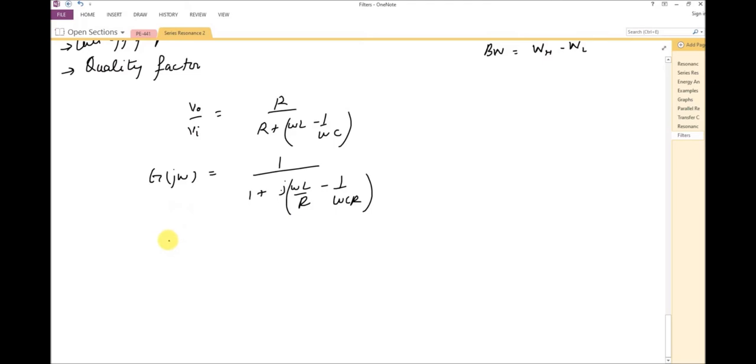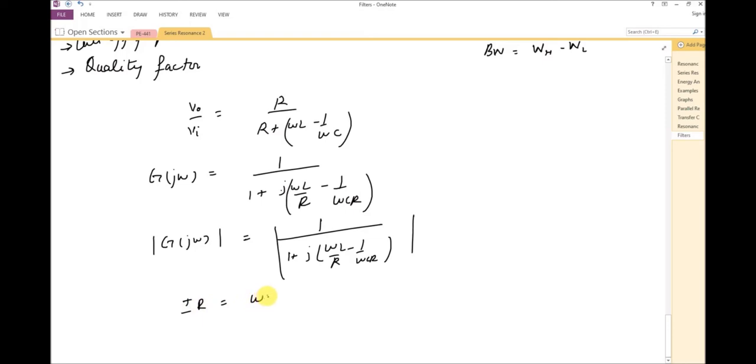So now if I have to find the half power frequencies, I have to take the magnitude of the gain curve, and after solving or taking the magnitude of the gain, I find out that the final equation, that was plus minus R is equal to omega L minus 1 over omega C. So the magnitude of the transfer function actually gives me the equation, that is plus minus R is equal to omega L minus 1 over omega C, and from this particular equation we can find the lower and upper cutoff frequencies, and we have two